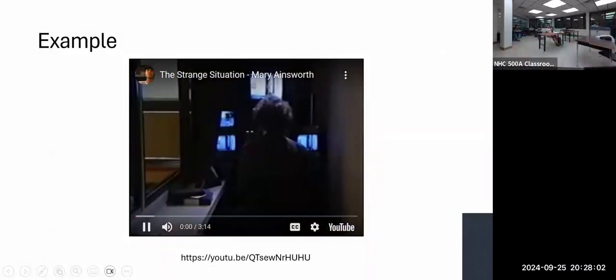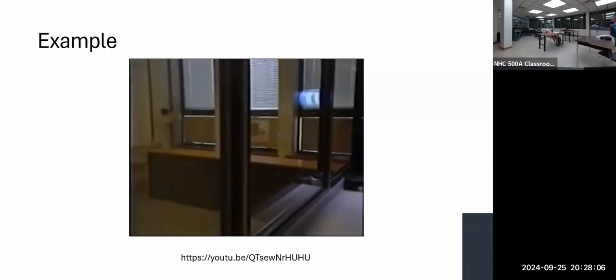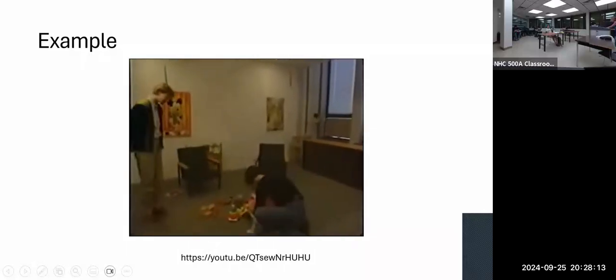But can the essential elements of home life be translated into a standard laboratory setting for controlled scientific study? After conducting extensive...